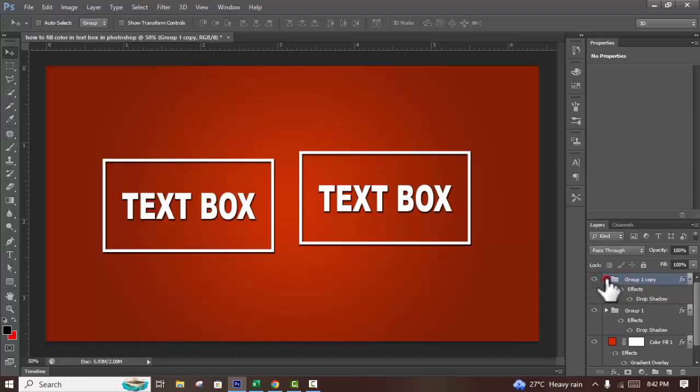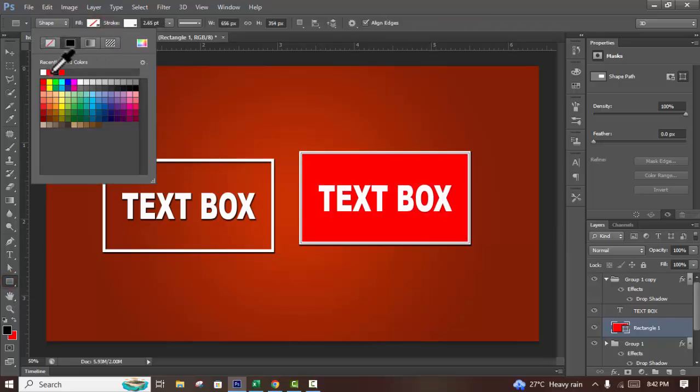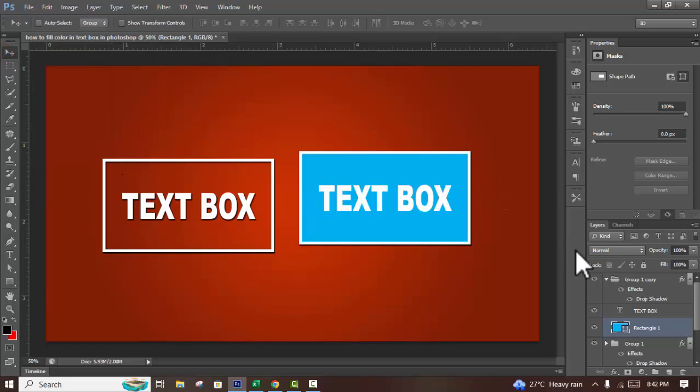Click the text box group, open the group, and see this text and text box. Go to the shape and use fill. Select the fill color. Okay. And another way,